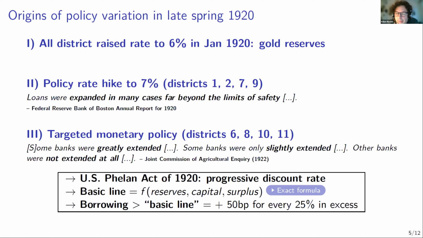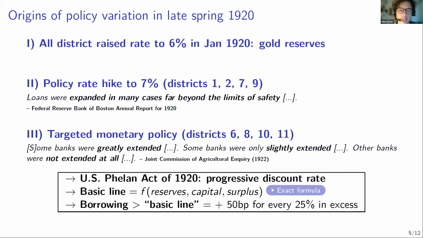So what this meant is that Federal Reserve banks who opted to adopt this kind of policy, first of all, computed a so-called basic line for each and every member bank in the district. And this basic line is sort of a maximum credit line, if you will. And this maximum credit line was a function of a member bank's reserves, its capital, and its surplus. So borrowing up to that basic line from the Federal Reserve Bank was possible at the flat 6% rate that